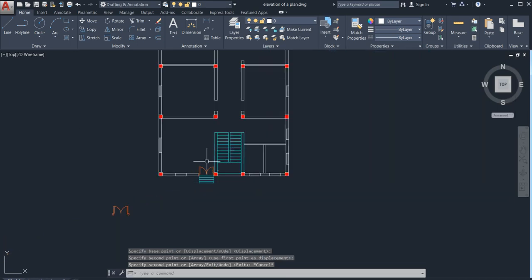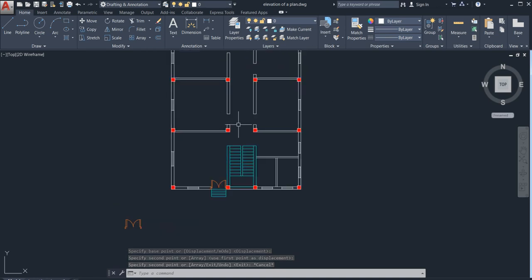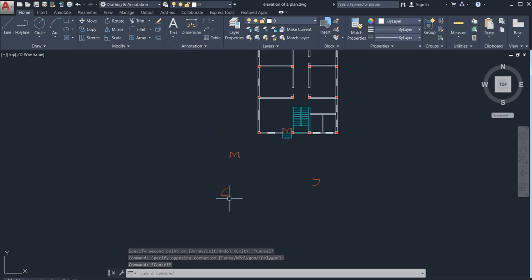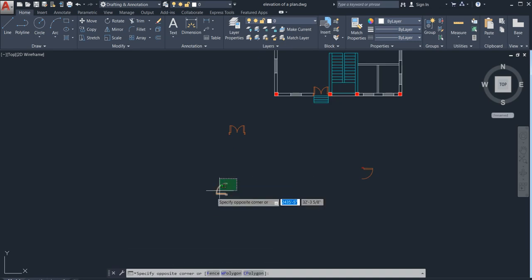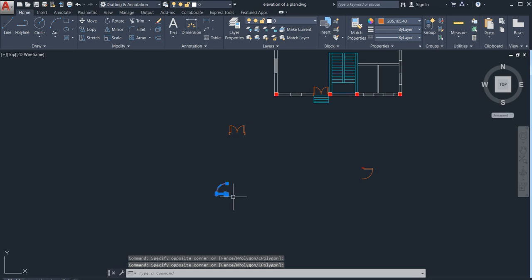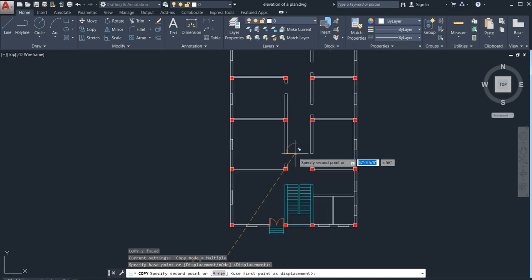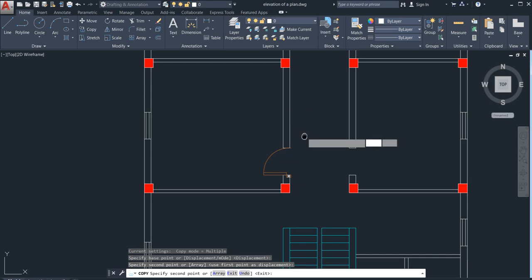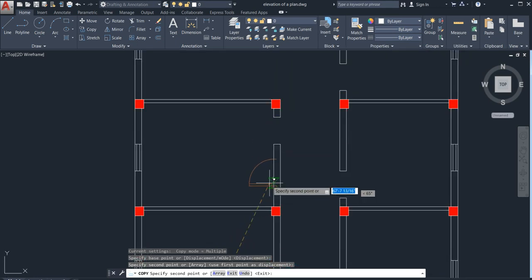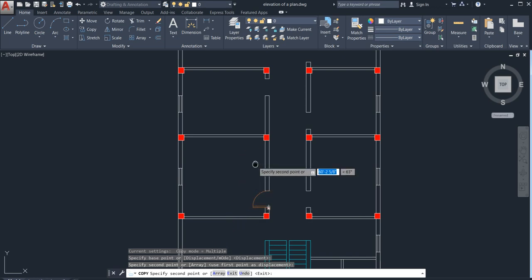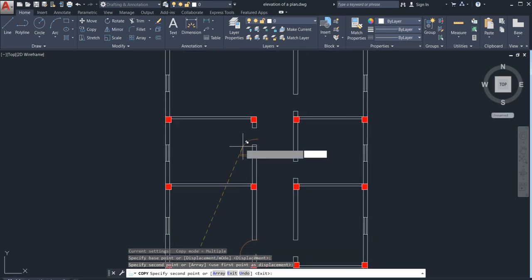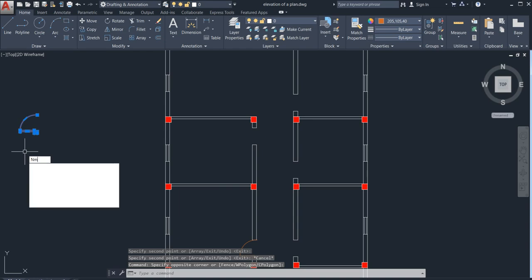Skip it. Now what I need to do here, also I need to keep my door, right? As you can see, this is my door also. Door is there. Now go for copy. So just drag it wherever you want to keep your door, no worry. Here it is good, but here it won't be, because this should be on that side, right? So how could we fix it? Select it, go for mirror command, mi for mirror.